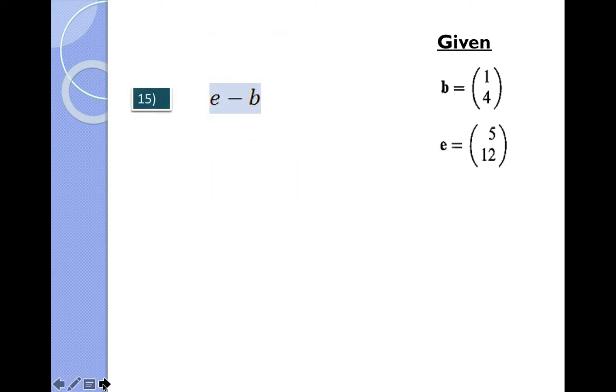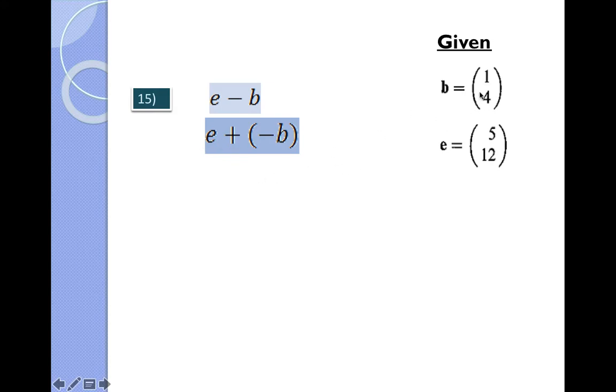Now students, question number 15. The question is E minus B. Likewise, here they have given vector B and vector E. So now you will just substitute the components of vector B and vector E. Here, since it is E minus B, you already know the rule of negative vectors. For subtraction of column vectors, I told you that what you do is add the negative of vector B. Add the negative of vector B. So now here we will just substitute the components.